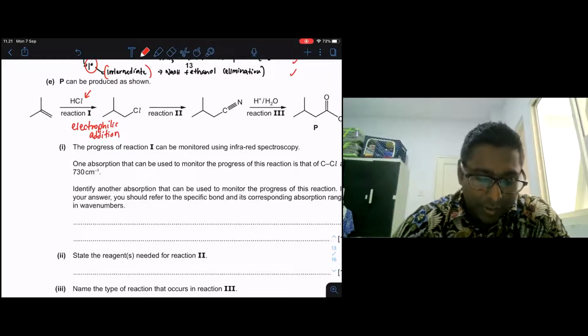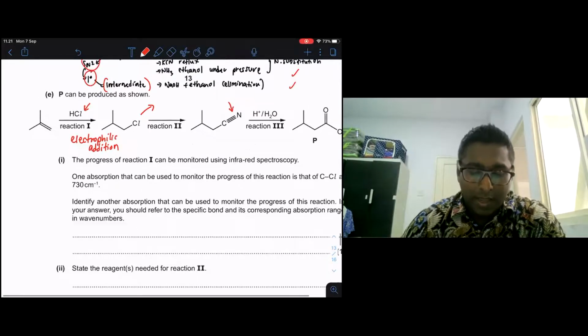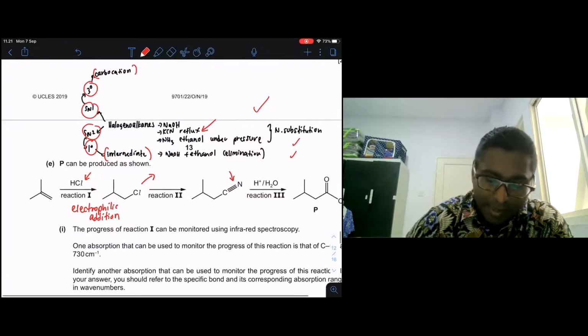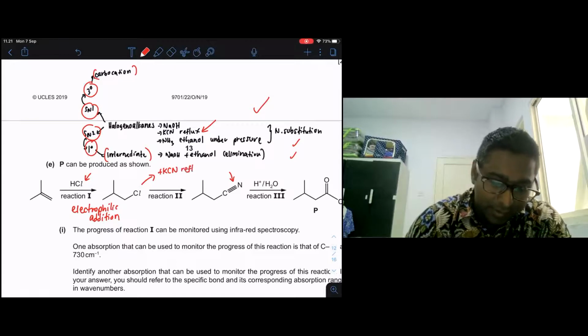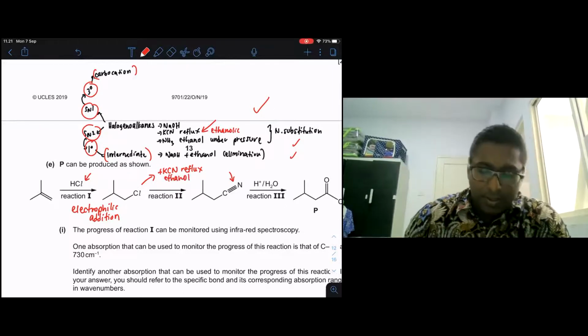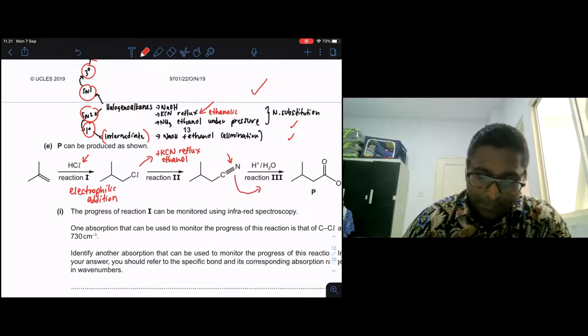Now this halogenoalkane becomes a nitrile. When a halogenoalkane changes into a nitrile, it means they react with KCN under reflux, and this KCN must be ethanolic, with alcohol, ethanol. And once you get that nitrile,